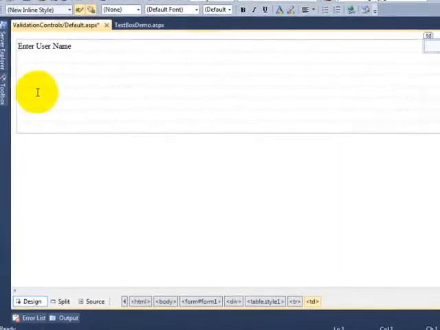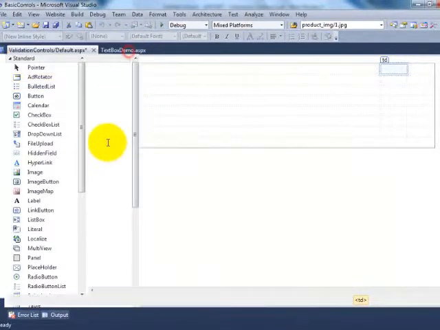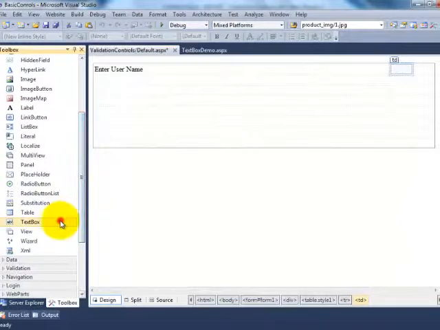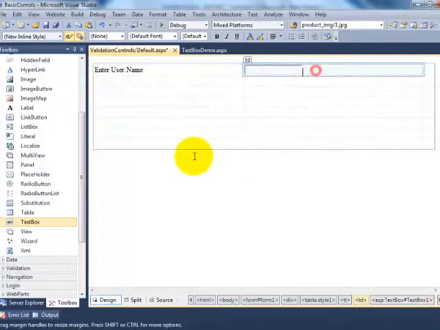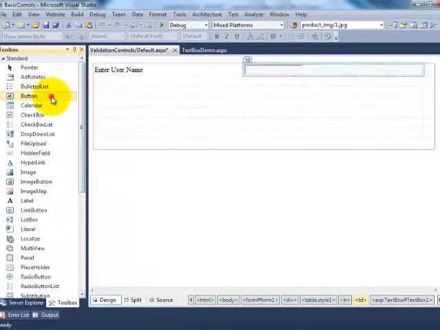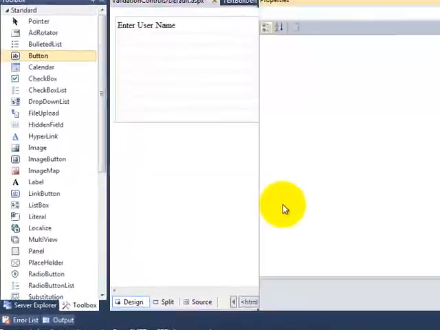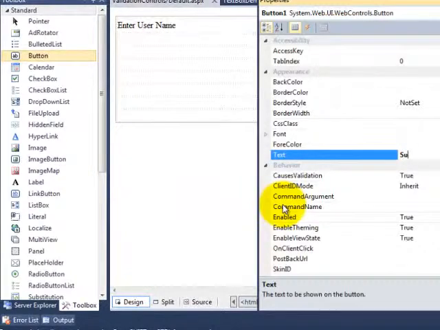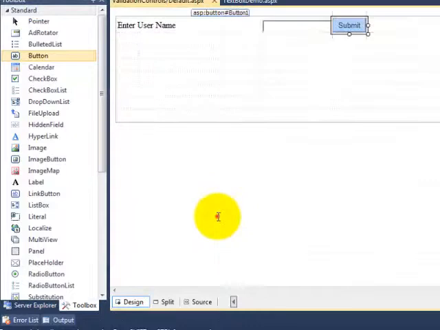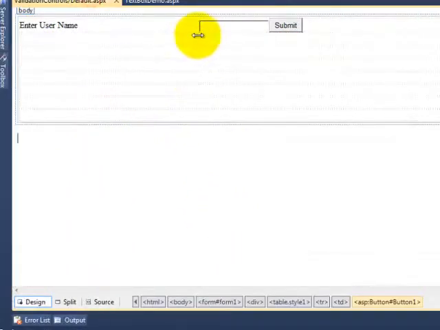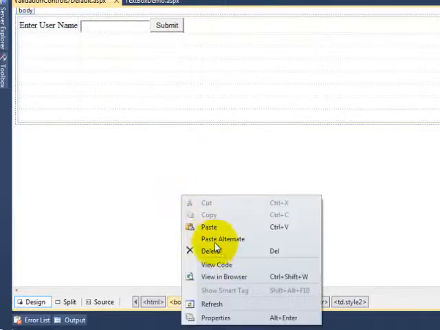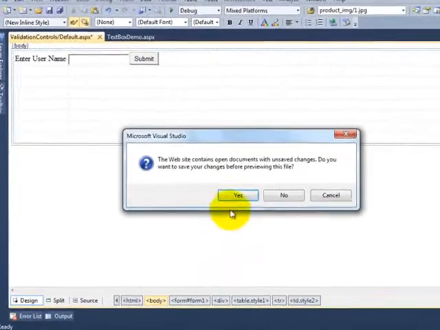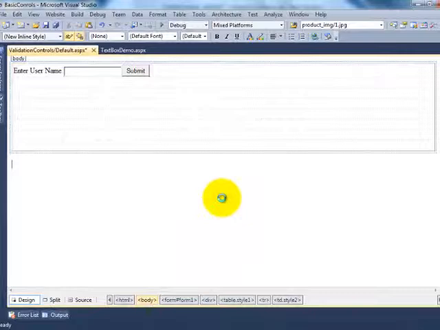In the next column of the table, I'll take a text box control. Now I'll assume that a button control is there, submit. Executing the page, save the changes.